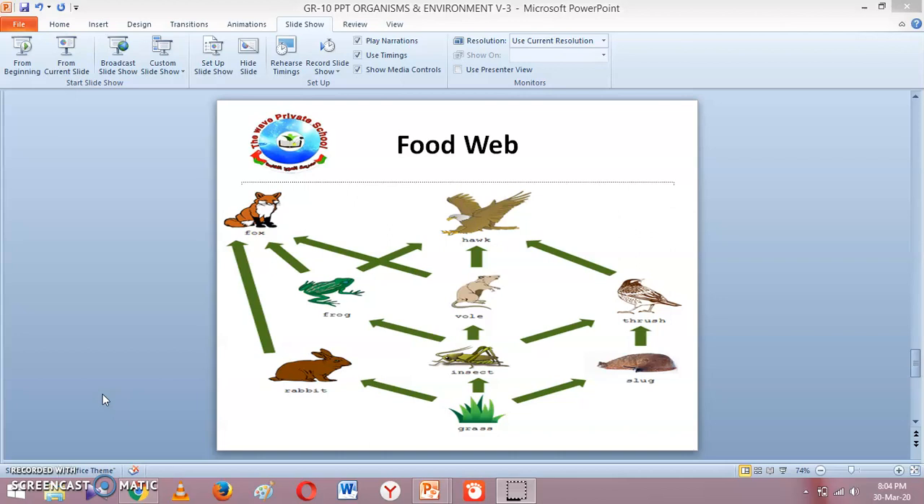If we count the number of organisms at different positions in a food chain, we usually find that there are more plants than animals and more herbivores than carnivores. This we can show by drawing a kind of graph called a pyramid of numbers. So here you can see